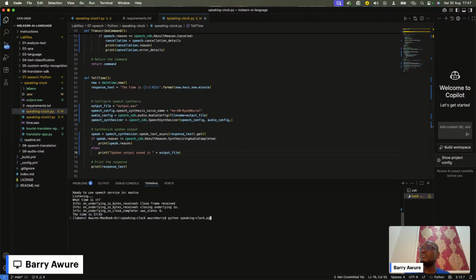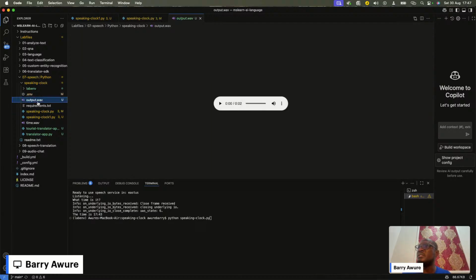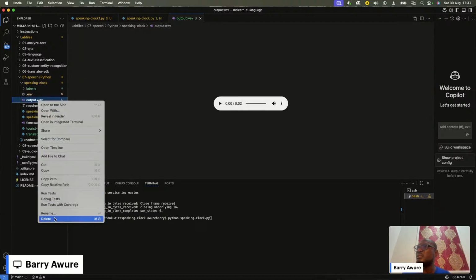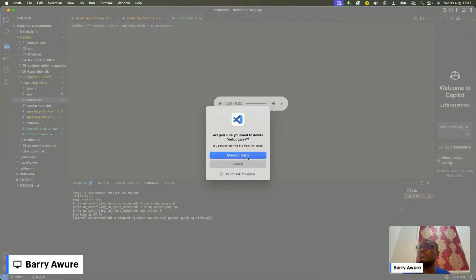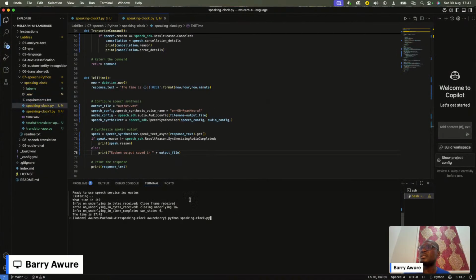So now, let me delete this so that you guys can see that is the output file. Remember we said output.wav is the name of the output file that we are expecting to see. After it gives us the file, you then need to use your own player, whatever player is incorporated into your application, to voice it out to your end users.